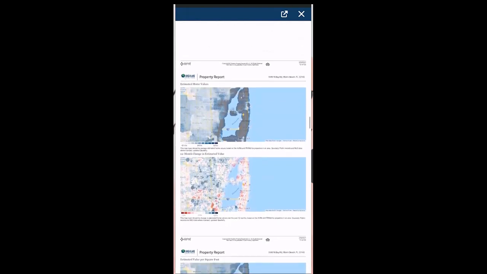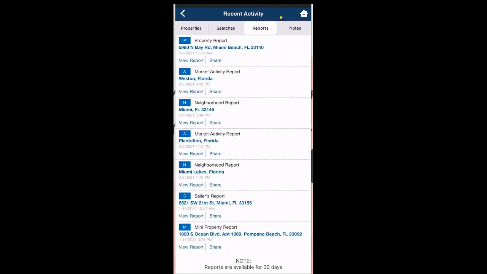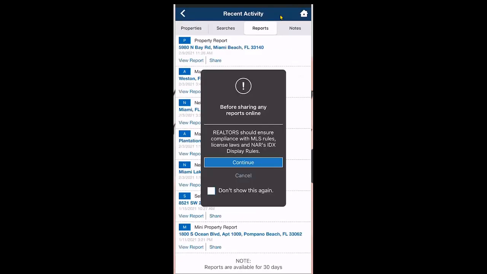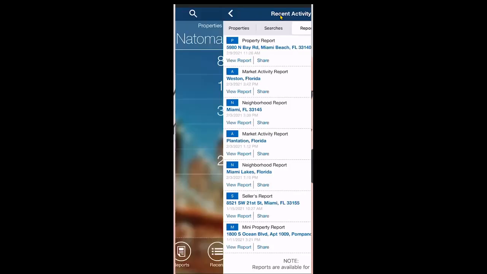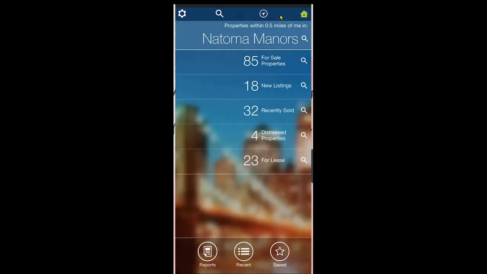And then if I want to share it from here, I also have this little square with an arrow at the top. But again, when you're looking at your list of reports, if you tap on share, it's going to allow you to share it through your cell phone as well. Okay, I'm going to go back. Now, if I wanted to